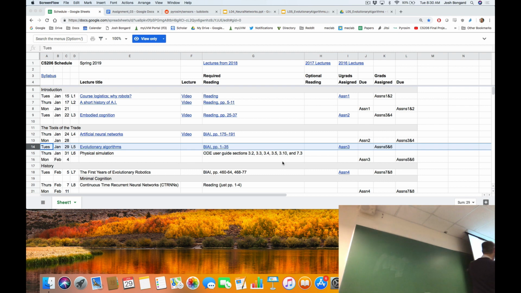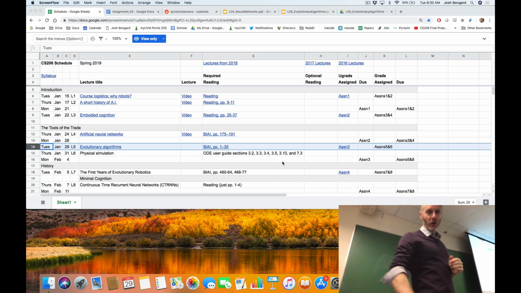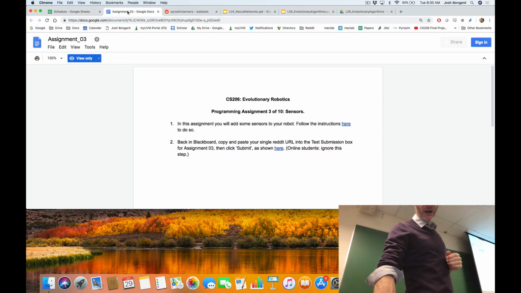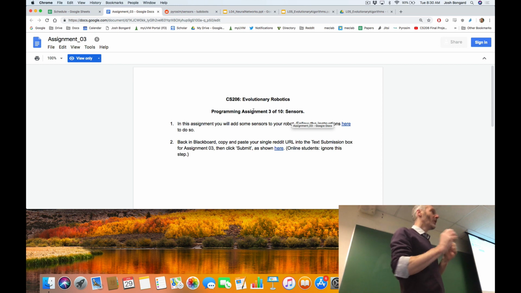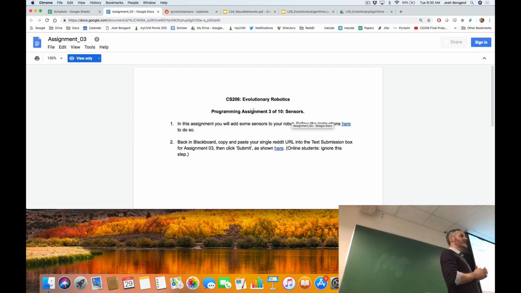We are hopefully, or you are, starting in on assignment 3, grad students 5 and 6. Just a note about assignment 3. In assignment 3, you're going to be implementing sensors for your robot. When you create your simulation and construct your robot inside the simulator, you can embed one or more sensors inside that robot. When the simulation starts up, it moves from one discrete time step